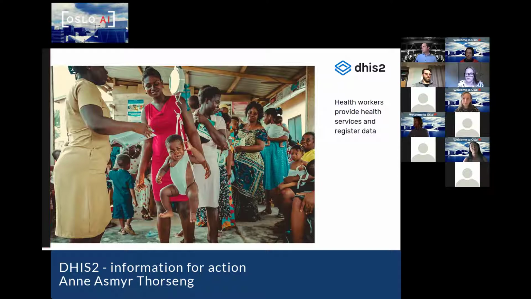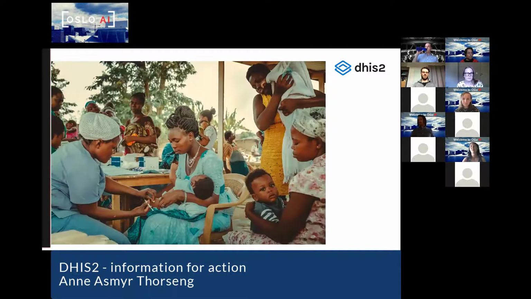And here health data is quite often collected on paper. In the picture here, a nurse is weighing a baby, and she notes down whatever she's doing in a booklet. Often the mother would carry a booklet with her, or she just shows up, and the data is collected analog on paper.